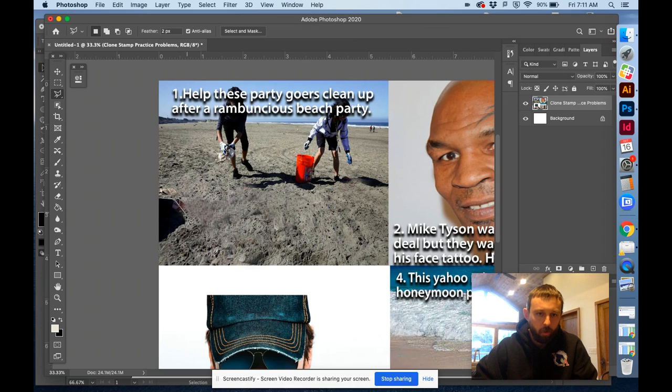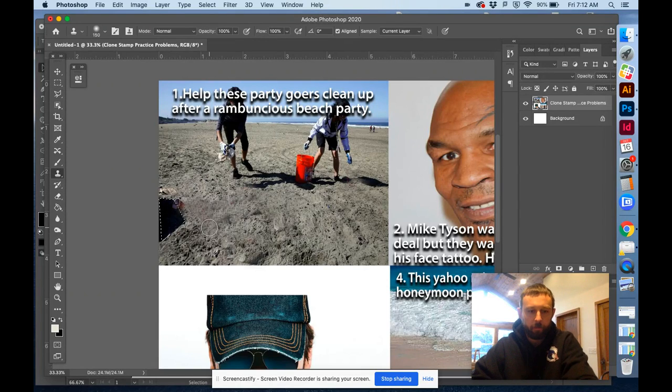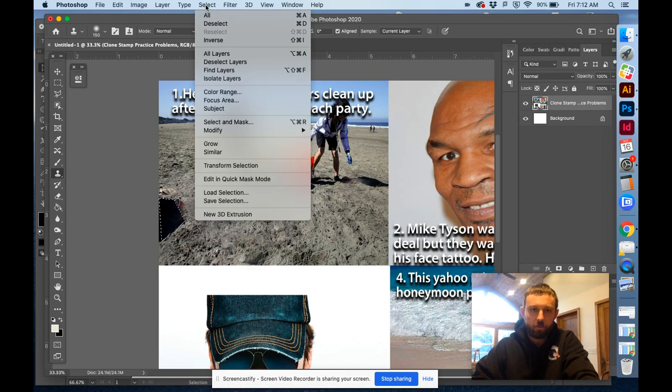we should know by now that you can only work in that given selection. So right now I can only clone stamp in this area here, so only in that shadow. If I were to take my clone stamp and hold Alt and try to click over here and erase this, it's not going to work. I can only do it inside of this area. So now I can clone stamp in that shadow, and now if I do select inverse or just right click,